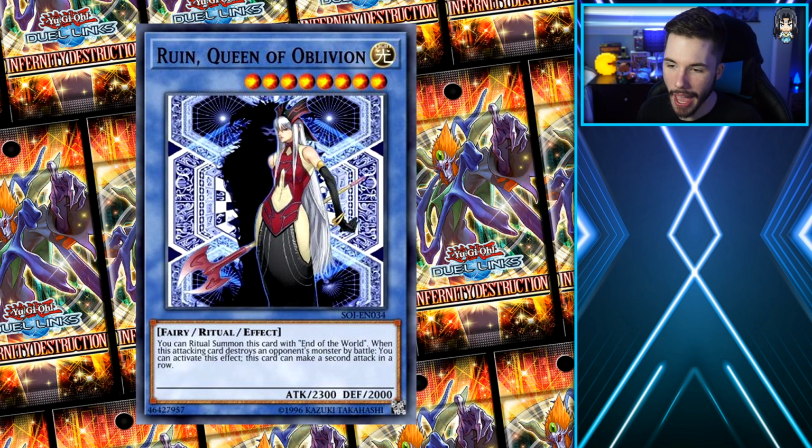It's not that bad of a card, but compared to Demise, King of Armageddon, this card is kind of lacking in my opinion, because it's still a level 8 ritual monster. It has only 2,300 attack, but it can make 2 attacks in a row, which is cool and all, but the fact that it has a lacking 2,300 attack just makes me like this card a bit less. Still, if you combo this correctly with other cards, this card can be a very deadly card,